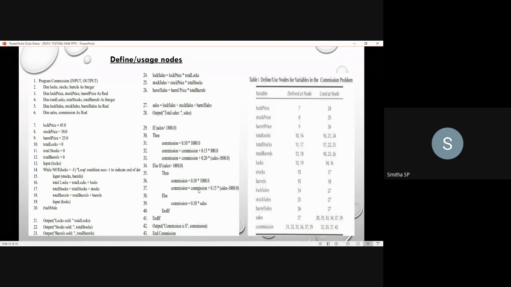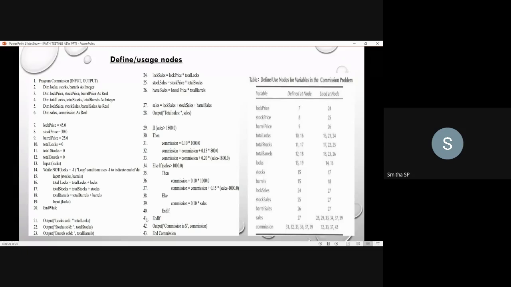Next, in the 39th node, the same thing. Here you are not using anything. Whatever commission value you have got, you will be printing it. You will be making use of whatever value is obtained, either in the 33rd, or 37th, or 39th. So the commission value will be used to print it.